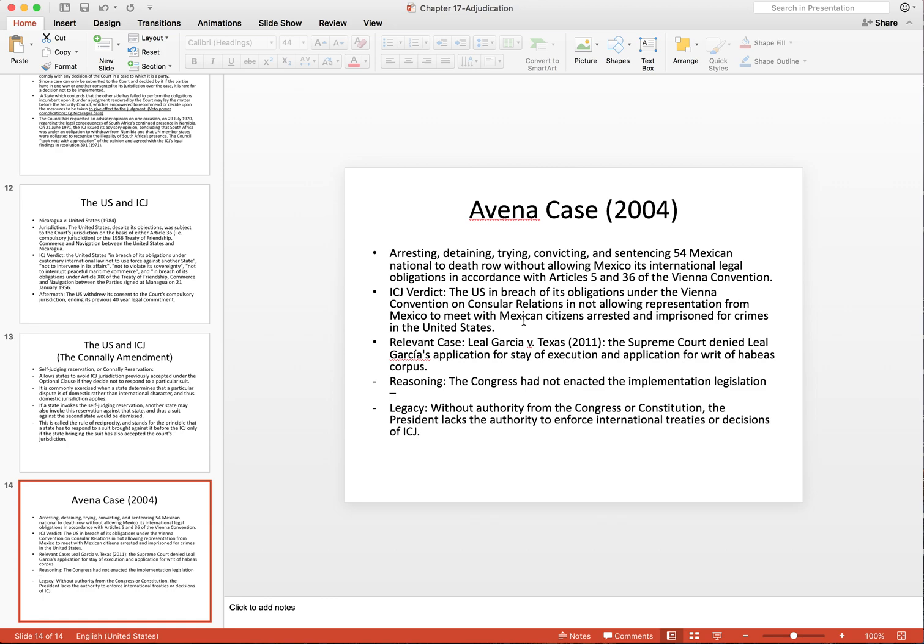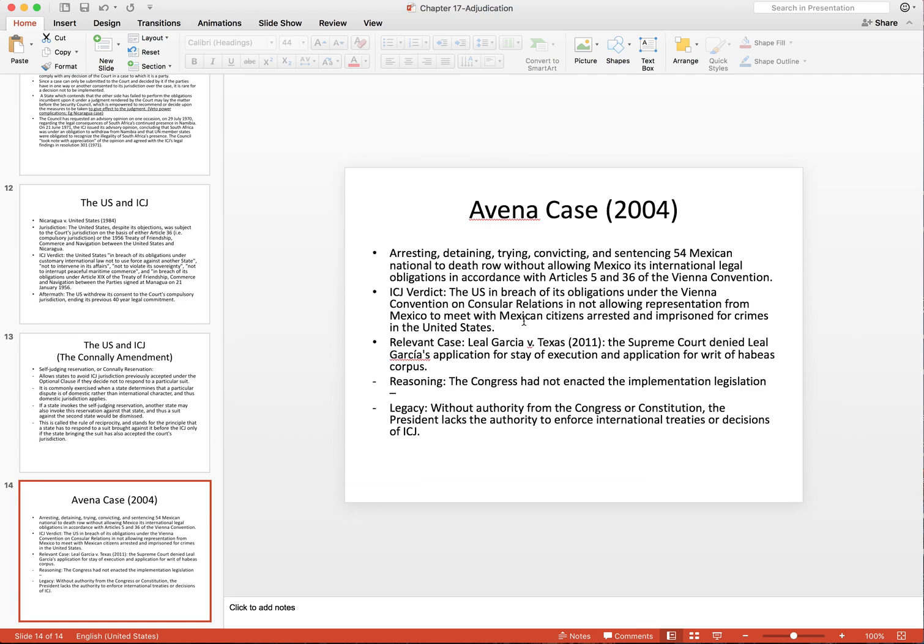All right, two well-known, potentially watershed cases dealing with the ICJ and the United States that you need to know for this chapter. Number one is the